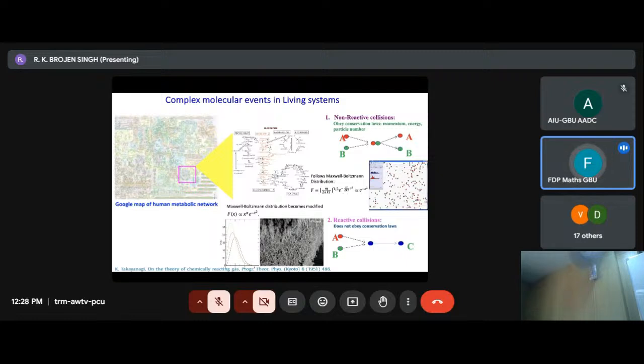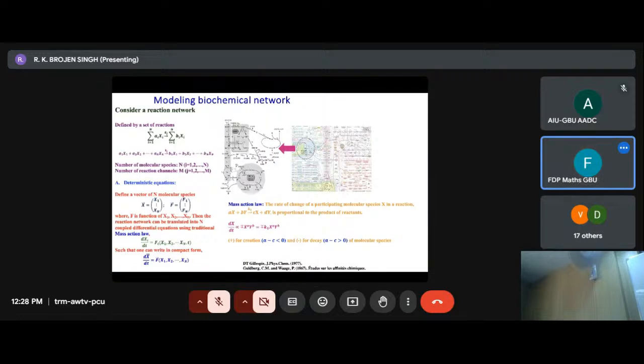So, and then how to model? The modeling part, for example, there are two types of modeling. One is the mental modeling, traditional linear modeling, and what it says is that every chemical reaction is given by this